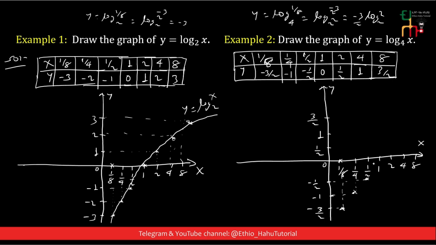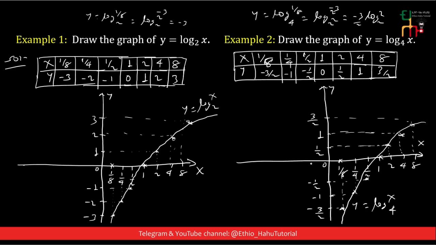When x is equal to 1, y is 0. When x is equal to 2, y is 1 over 2. When x is equal to 4, y is 1. And when x is equal to 8, y is 3 over 2. If we draw this graph, this is the graph of y is equal to logarithm of x to the base 4. But here, one thing that you need to focus on is how the graph is close to the x-axis for different